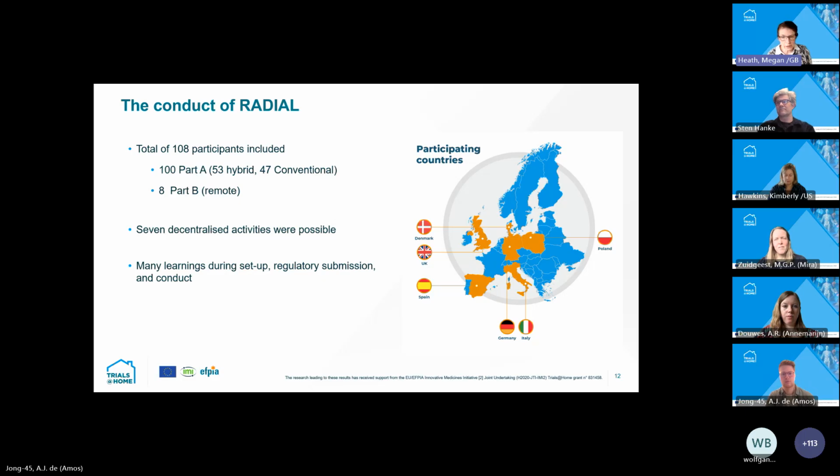We had 53 recruited in the hybrid arm, where recruitment was still in the conventional mode, and the patients were randomized within the Part A arm between conventional and hybrid. But we also utilised home nursing and telemedicine for some of the assessments with the hybrid patients, so subtly different from the conventional arm, but probably closer to where we are today in our current clinical trial design.